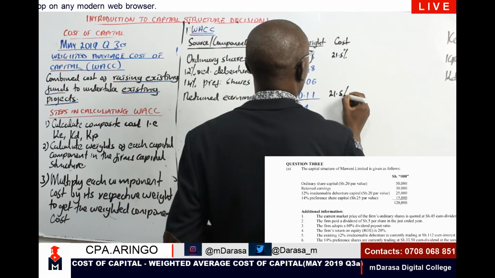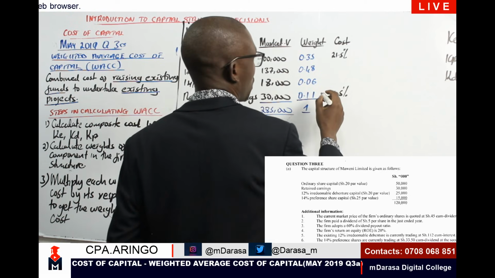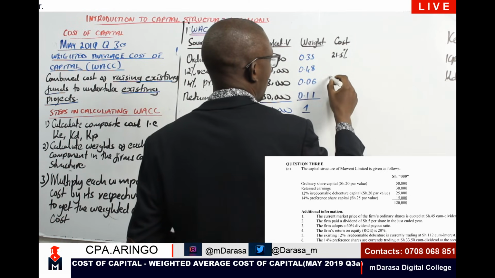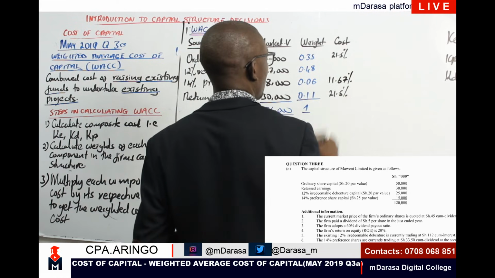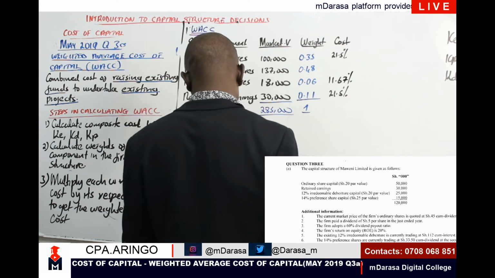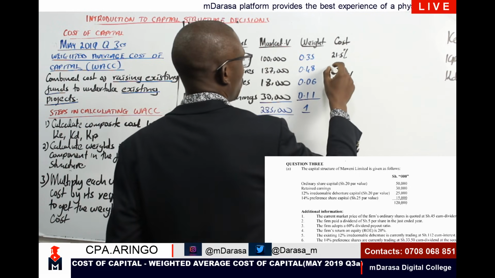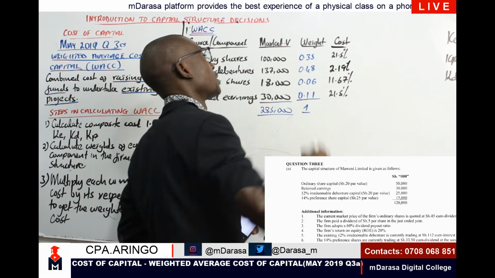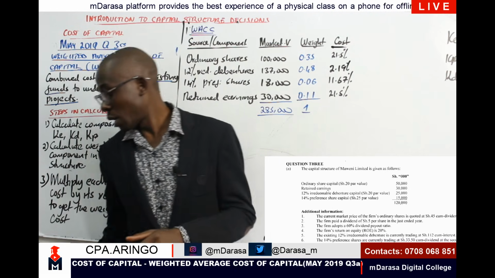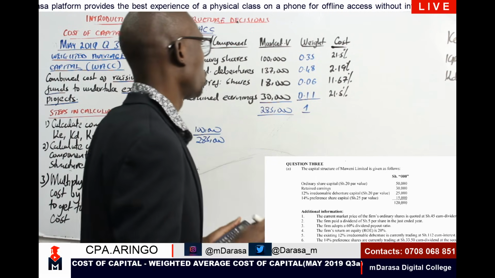Cost of equity 21.5%, because we say that they just be the same. Whereas cost of preference shares in this case, I had 11.67%. Kindly confirm 11.67% the cost of preference share. Then cost of debentures here, we had 2.19, the one that you had computed, right? So therefore, our weighted average cost of capital, we should be talking of